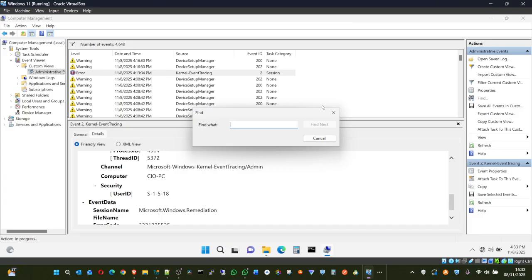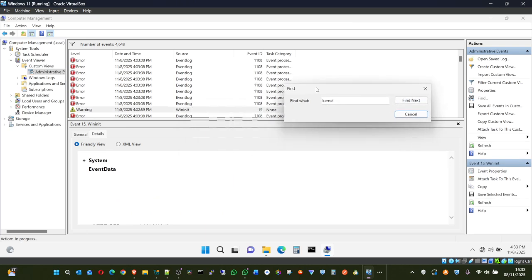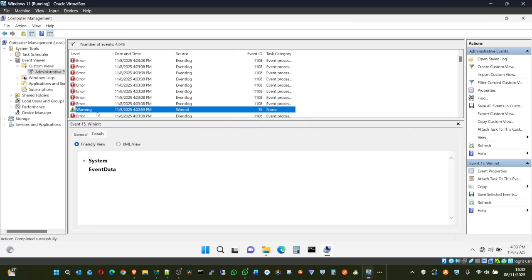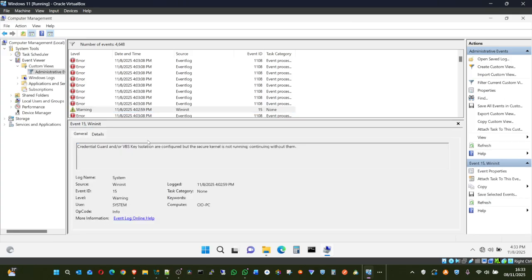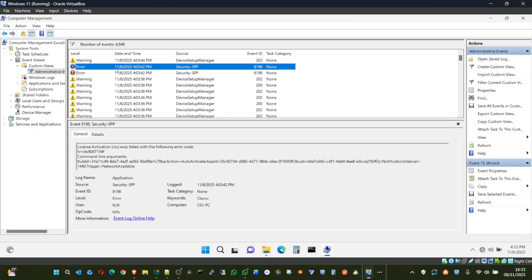I can say kernel. Find next. So you can now see some other things that are also kernel. I can now see some other ones right here. I can click on general. I can see kernel is here. You can see from that up, it brought us down to that place. Kernel. Look for another one. So you may see so many things.